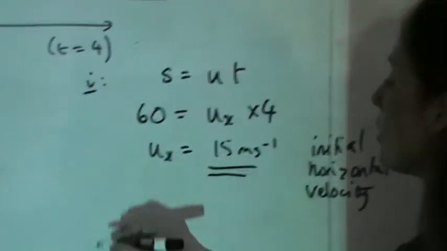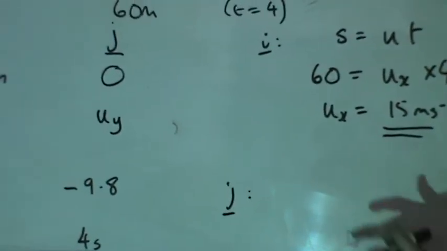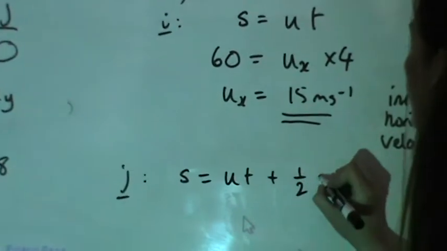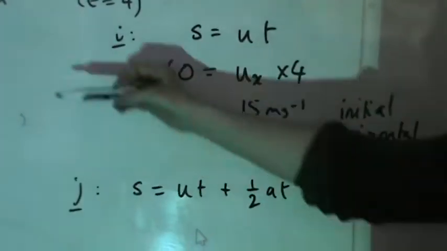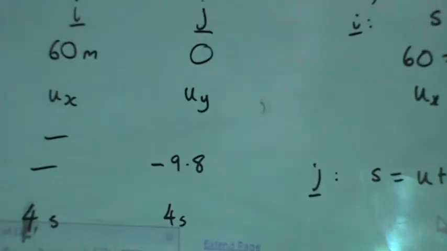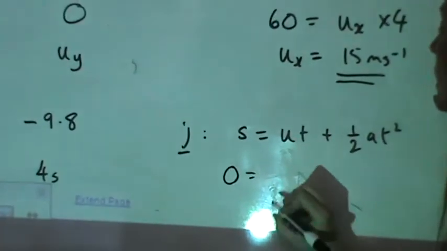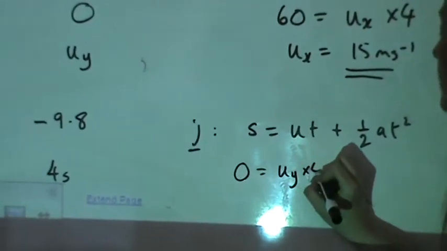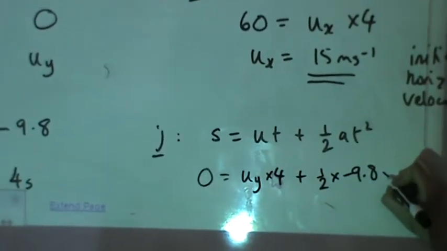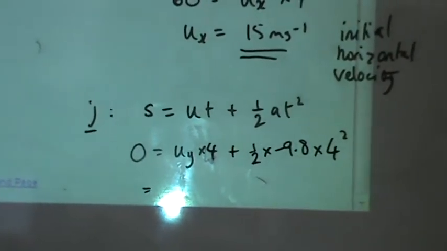And now we want to look in the vertical direction. So from the front of your exam paper, where your formulas are, you've got s is ut plus a half at squared. I know I'm going to use that because I've got s, u, a and t, and that's the only equation that uses those and excludes v. So then I put my numbers in. So I've got 0 is equal to uy times 4 plus a half times minus 9.8 times 4 squared. Okay, and if you work that out, I think you get,